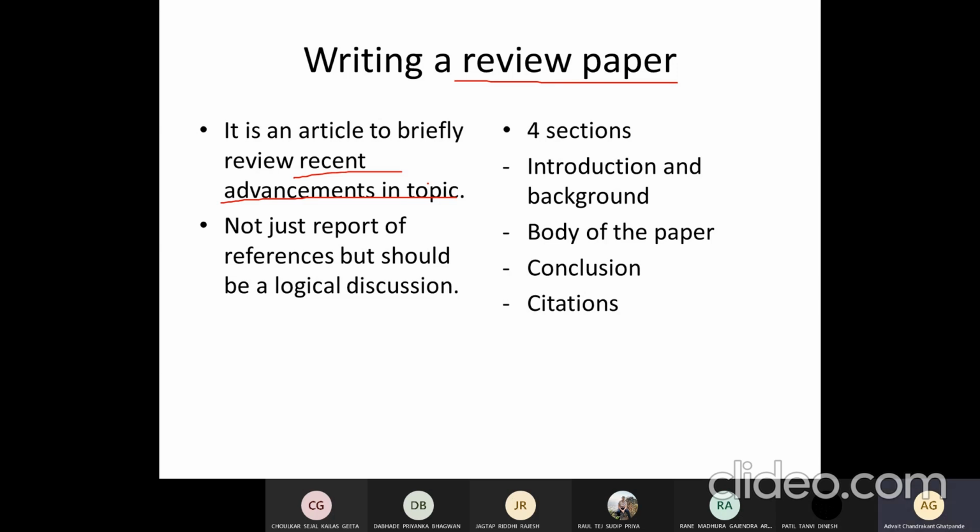Okay, so it can be of anything. It can be of an LCD TV, it can be of mobile phones, it can be of a particular topic in your research field like malaria, it can be of anything. But review is what we know